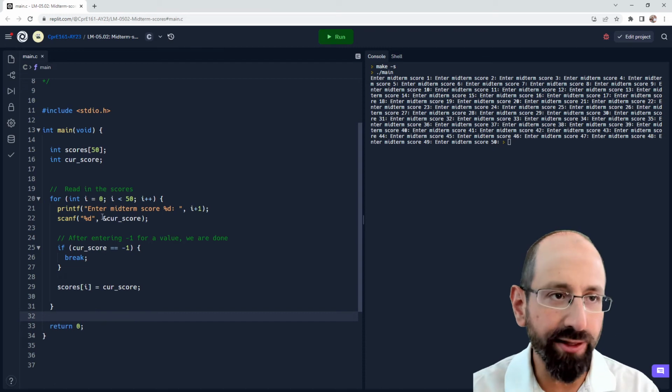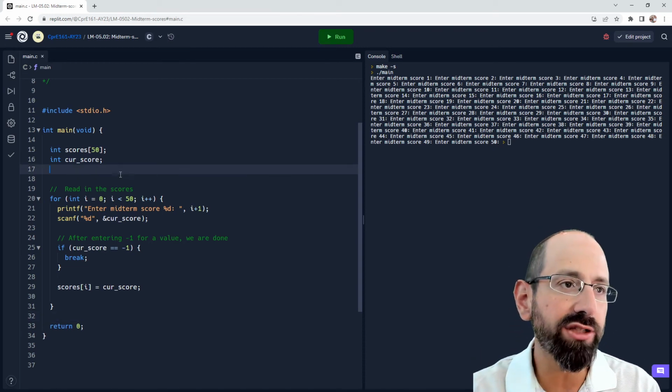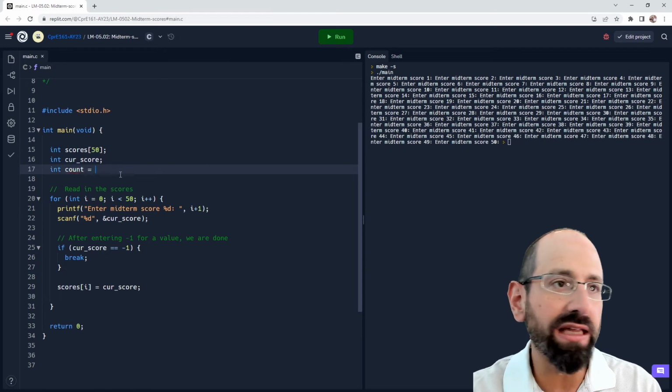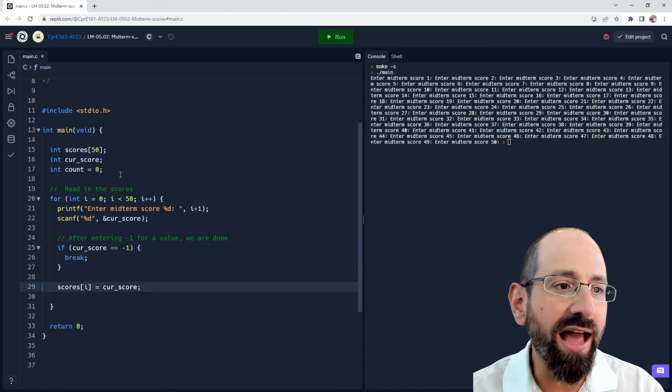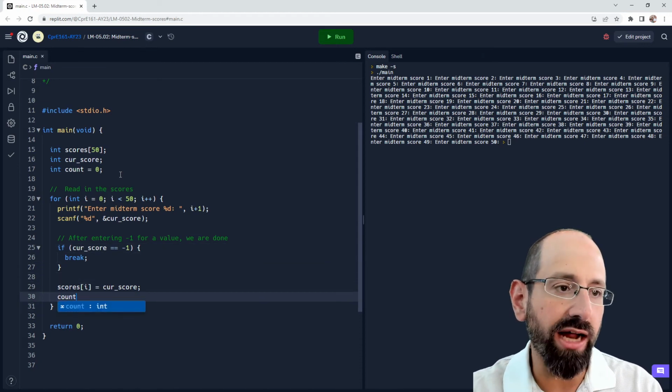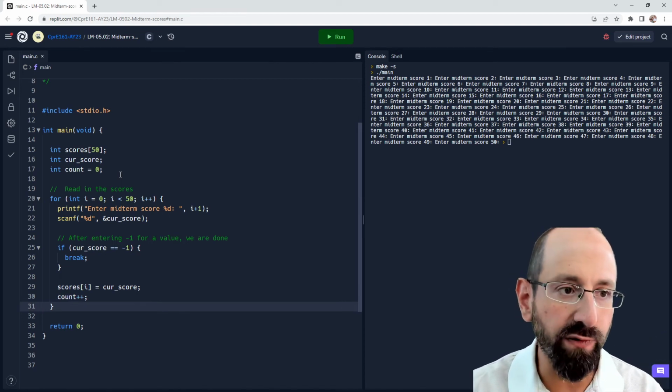I personally don't like using i for anything other than our array indices and our loop iterations. I would just recommend separately keeping track of score count or total count: how many valid scores did we actually keep track of? Yes, I know that would be technically equal to i minus 1 at the end of this loop, but